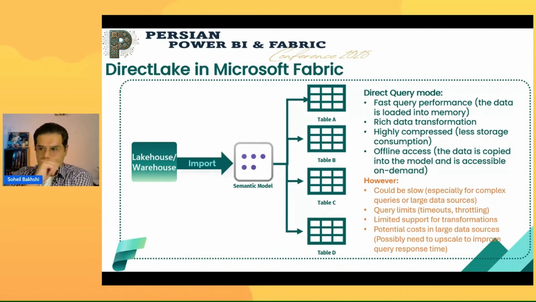And here's the thing. Let's think about it. We have a DirectQuery semantic model, and it is connected to an Azure SQL database, and we are having more than 50 concurrent users, 50, right?